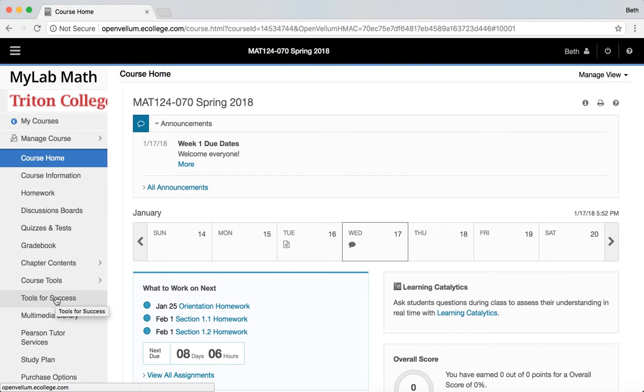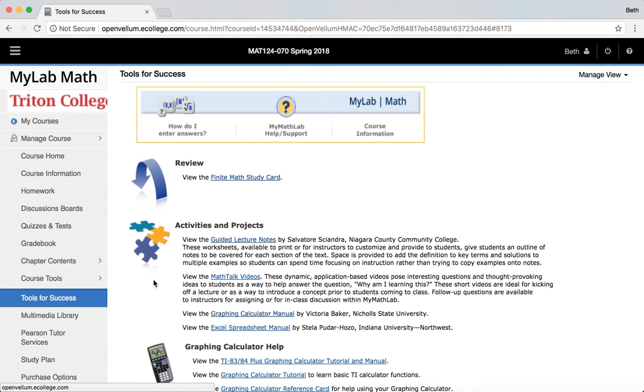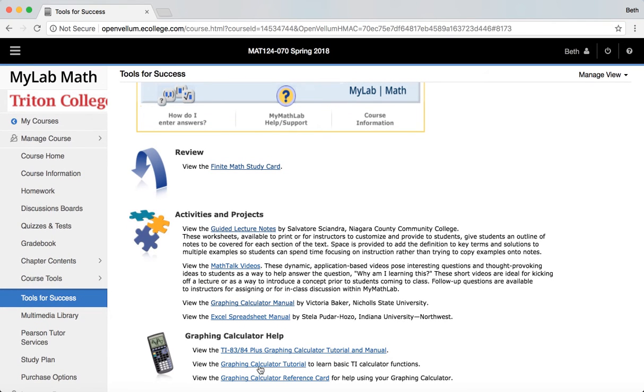The Tools for Success button. Under this tab, what I want to point out now, notice this is where I found that study guide, but also here's where you can get some help with the calculators. We're going to be using the calculators a lot in this course. So if you need some help or some tutorials, you can always go here. But I wanted to